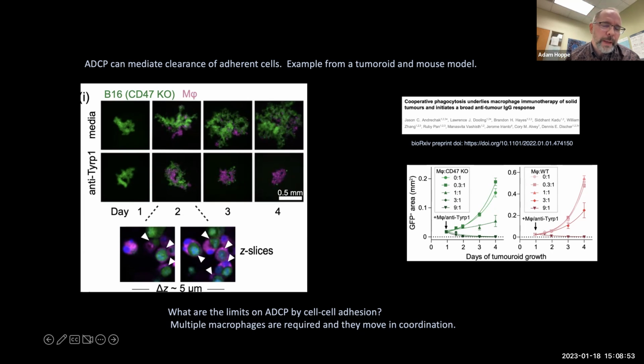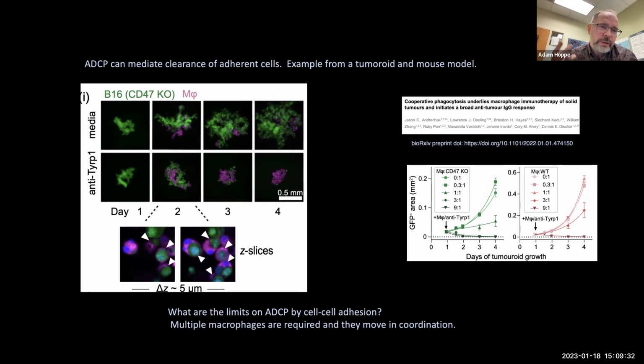In the tumoroids, in the absence of antibody, the macrophages will simply interdigitate inside of the tumoroid, but in the presence of an anti-TRP1 antibody, that's a surface antigen on the B16 cells, and in combination with CD47 blockade, these macrophages will cooperatively maneuver around within the tumoroid, eventually engulfing and destroying these B16 cells. Now, importantly, unlike the movie I just showed you, where a single macrophage could take care of the job,